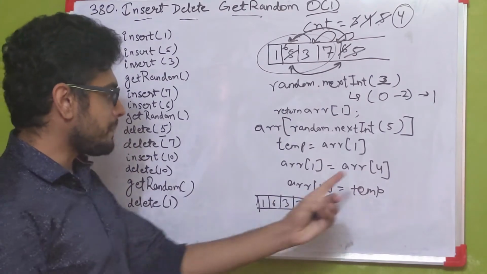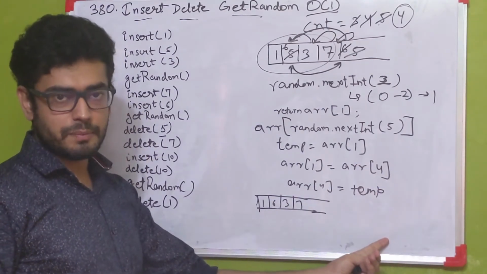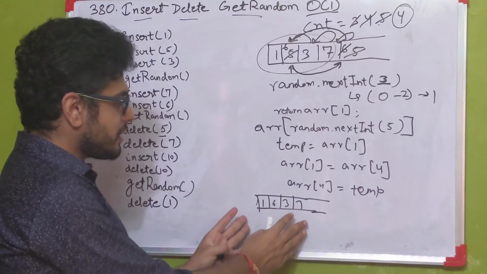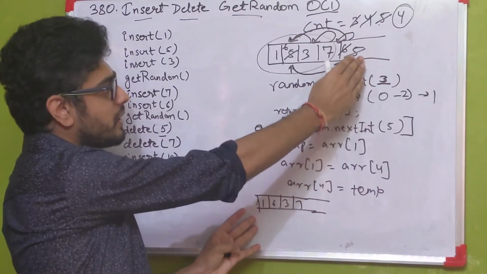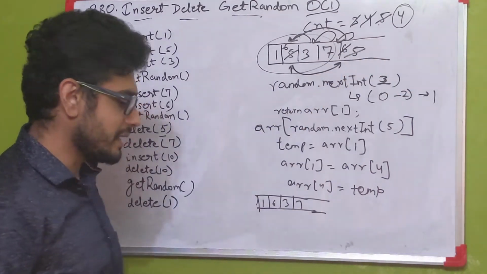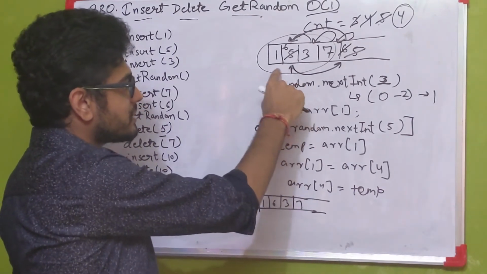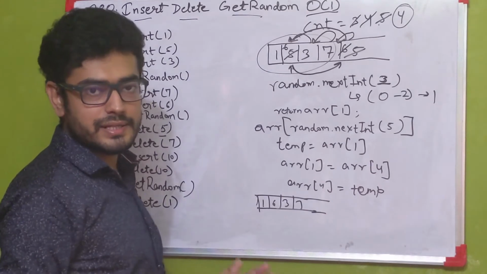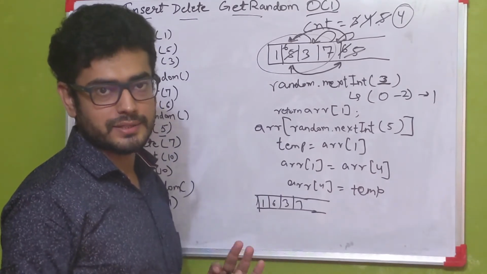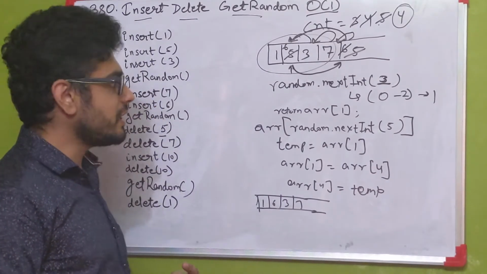This way swapping can be done in just O(1) average time complexity, and we are able to remove 5 from our element set. But still, if we iterate across the array to find the number, it is still O(n) time complexity. So let's try to understand how we can reduce that.